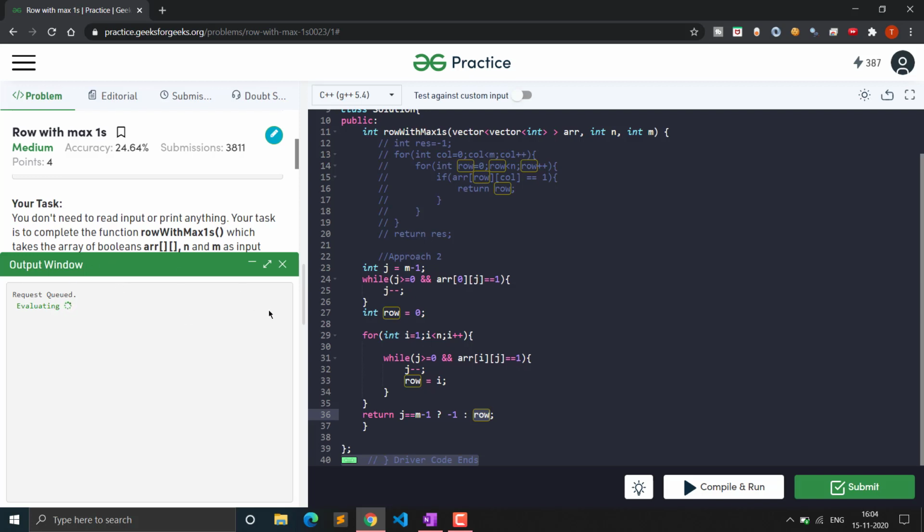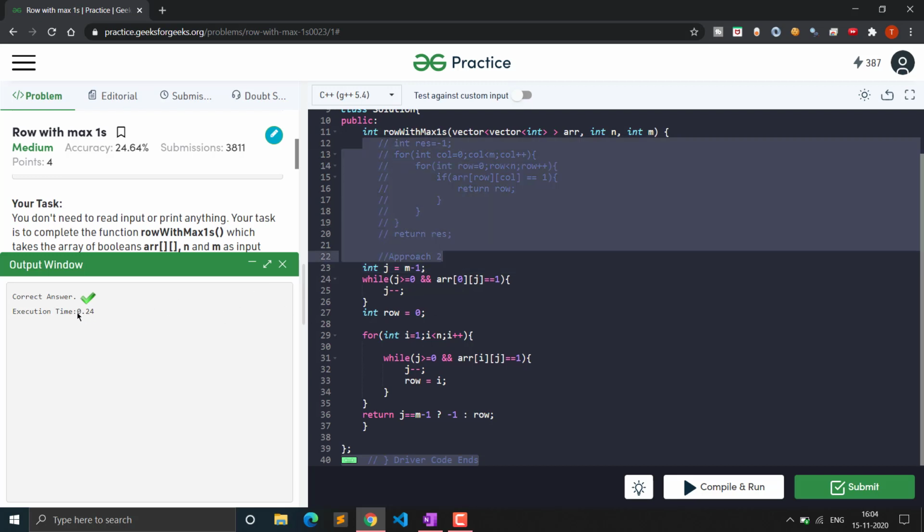So let's see, it is submitting actually. Yeah, just taking time. You can see this solution got submitted, but it took more time than the previous solution that we were using. It took 0.24 second. The previous solution took only